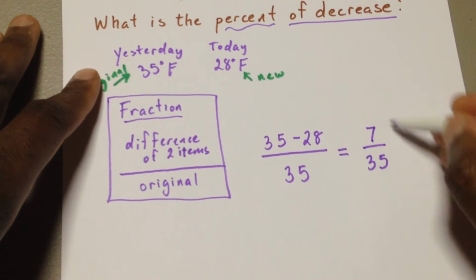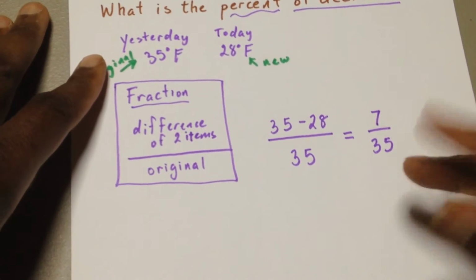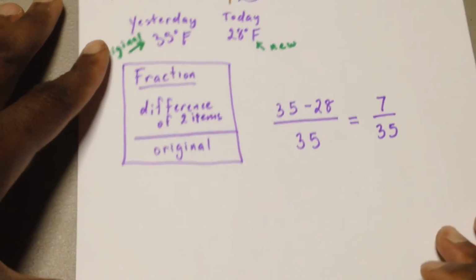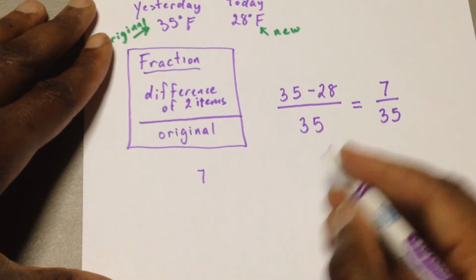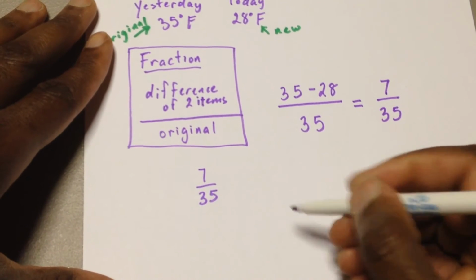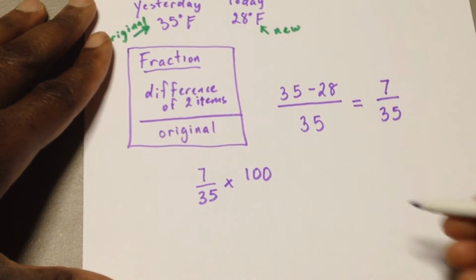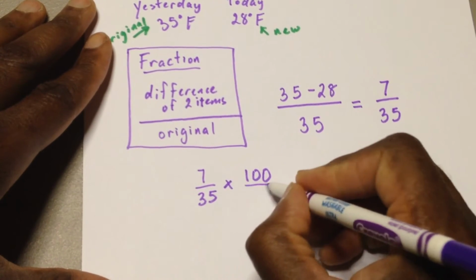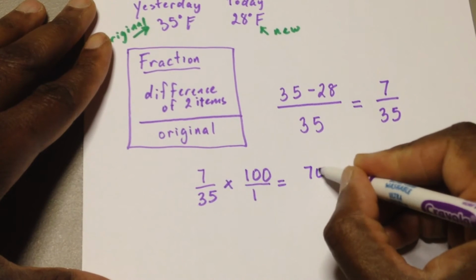Now from here, we can take this fraction and convert the fraction into a percent. How do we do that? Well, we have several ways. I'm going to take this one approach, which is pretty good for any situation that you have. If you have 7 over 35, and you multiply that by 100, you could put that as 100 over 1 to keep it as a fraction. That will become 700